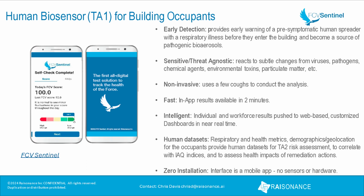What we do is we have a mobile app. Our solution is totally digital. Processing is done in the cloud. Each individual that works in the building builds a baseline of what their healthy respiratory system is. And then before they come to work, they submit a set of cough samples and they determine whether or not they match that healthy baseline or not. So really what we have here is an early warning of a pre-symptomatic human spreader coming into the building before they know they're actually sick and spreading,